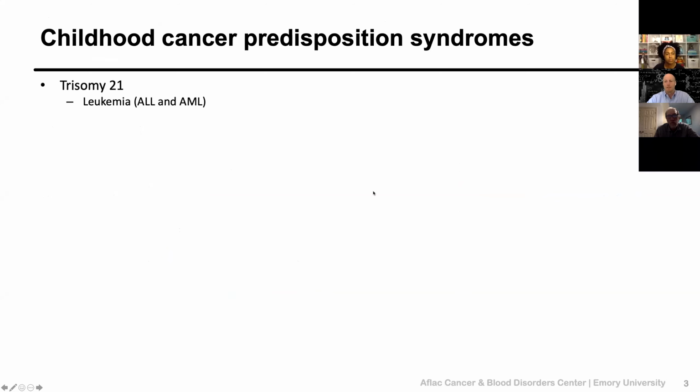By far, the most common cancer predisposition is that seen in trisomy 21, and Nathan brought this up yesterday in the LL M&M conference. But those individuals are at very high risk for developing acute lymphoblastic leukemia and acute myeloid leukemia, particularly in childhood. Unlike some of the other cancer predisposition syndromes, this is not a condition for which we as oncologists or those in genetics see for the purposes of tumor surveillance, primarily due to the nature of the